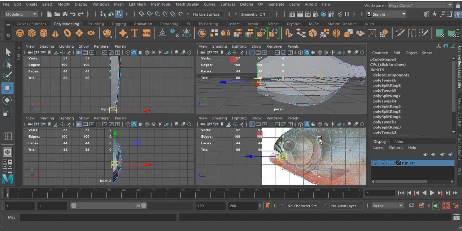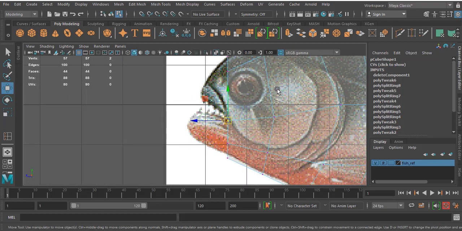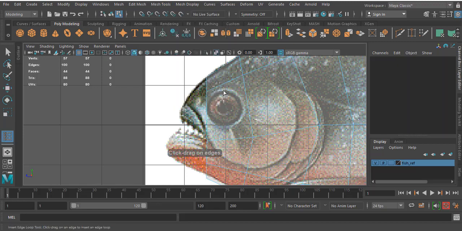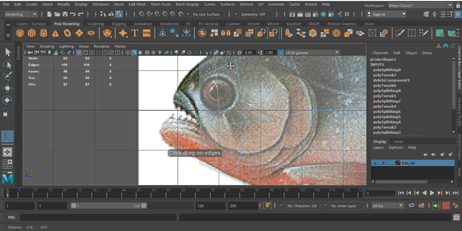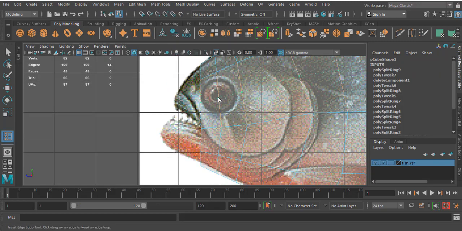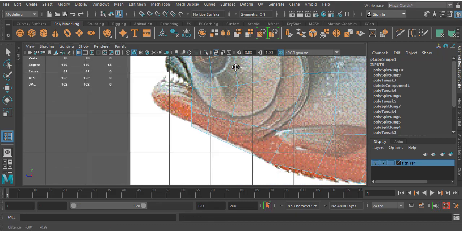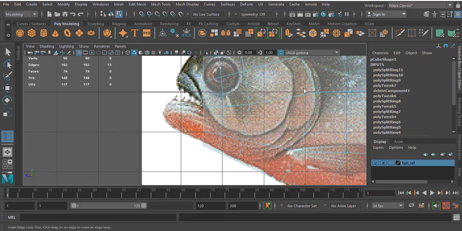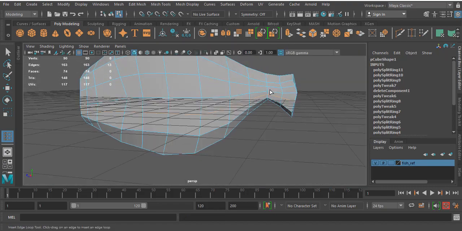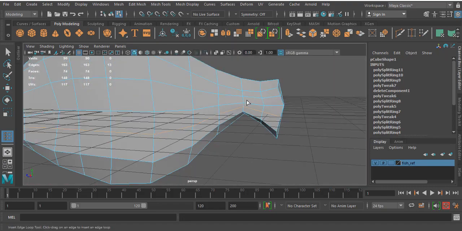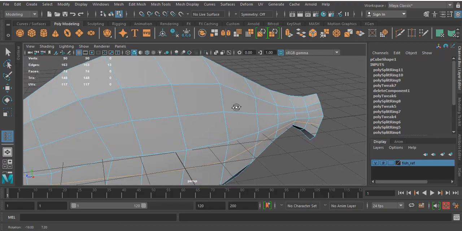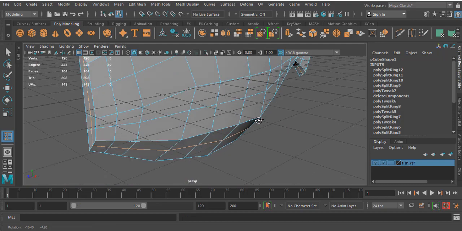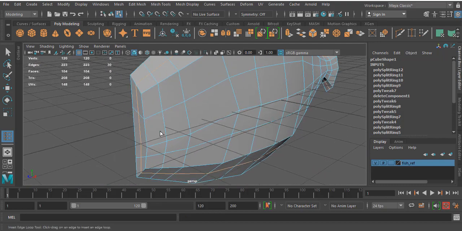So in this situation you can opt for one more option. Go to insert edge loop. I'll create one more because I want to get the eye portion. I'll create one more here. Make sure that the span flows are congested over here. You can create one more here. Automatically it will come here.